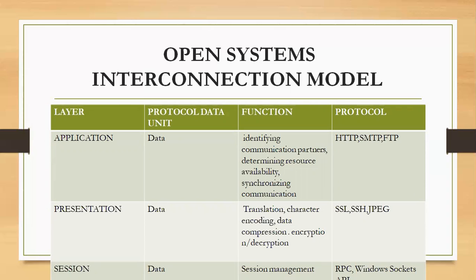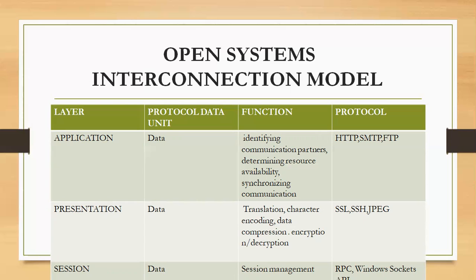So let's look at the seven layers of the OSI model. I've broken it into four areas of knowledge. We look at the layer; we look at the form of the data in that particular layer, which we call the protocol data unit or PDU; then we look at the function of that layer; then we look at the protocols you are going to find in that layer. Starting with the highest layer, which is the application layer, the PDU, or the form of data you will see at the application layer, is data.